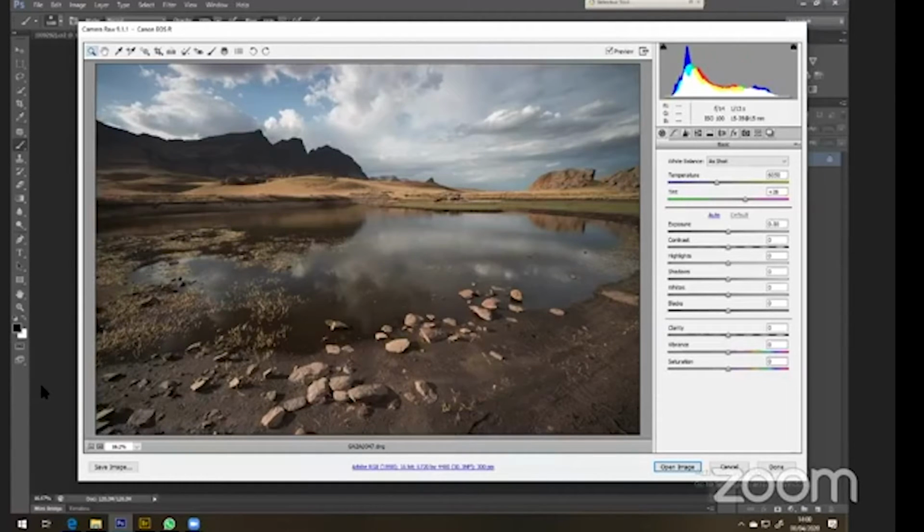I'll try to keep it as simple as I can, but I thought I'll actually go through a couple of images, not only one, of how I go through my post-processing. And I'm going to start right at the beginning with just a little bit of a raw. This is my raw image. As you can see on the right hand side, I've done nothing to it. This is at a place called Sehlabathebe in Lesotho, and I shot it with a